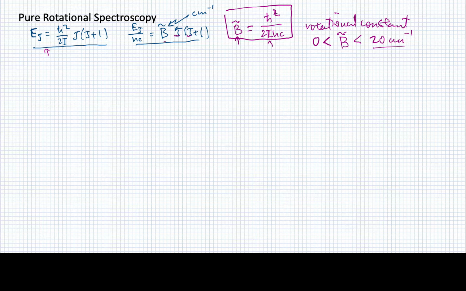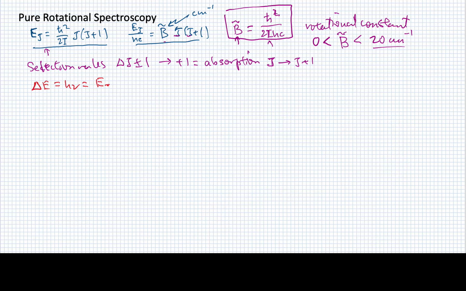All right, so we've seen that the selection rules tell us that the change in J for an allowed transition must be plus or minus 1. So let's look first at delta J equals plus 1, because that's going to equal absorption. In other words, we are increasing the energy to increase J by 1, so we're going from our initial J to the next higher J. All right, so what is the change in energy that occurs when we make that? Okay, if we use our rigid rotor energy levels, we'll end up